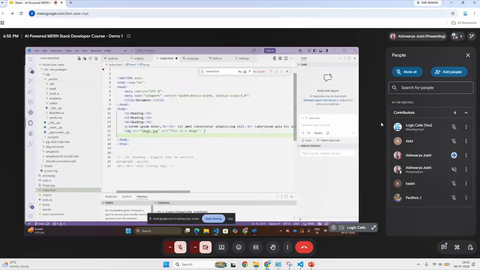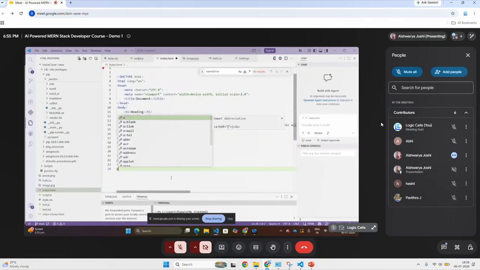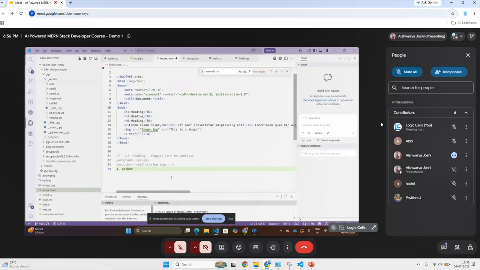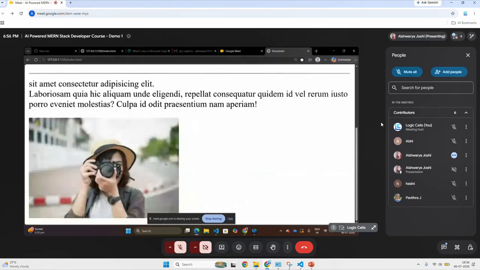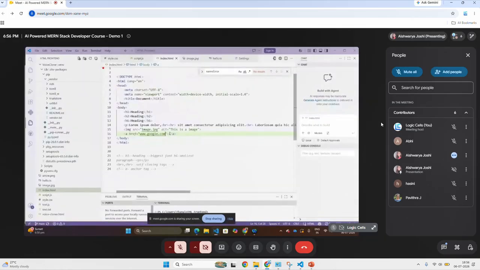Now next is the A tag. The A tag is called the anchor tag. What does this anchor tag do? It is also called the link tag. You can attach any kind of link. It can be like www.google.com. This is not the exact link, but it creates a link, and using this link, you can open www.google.com. Let me just write it down.